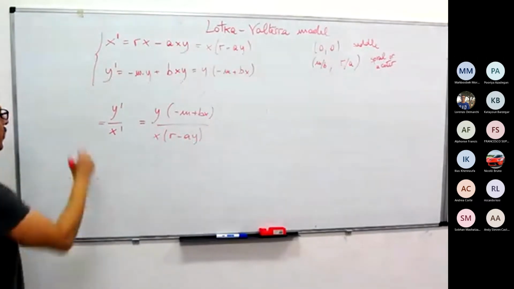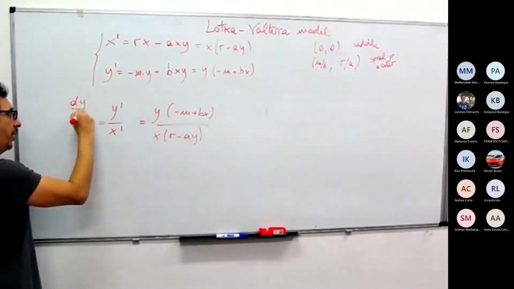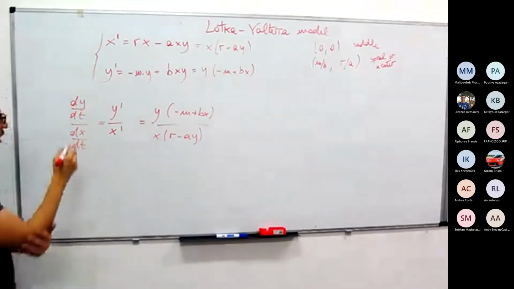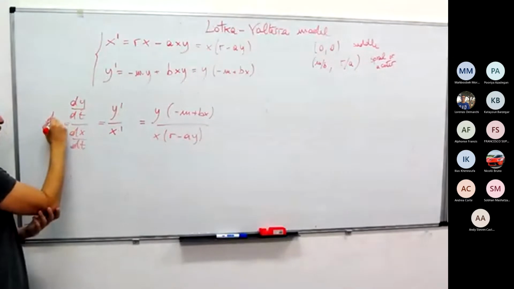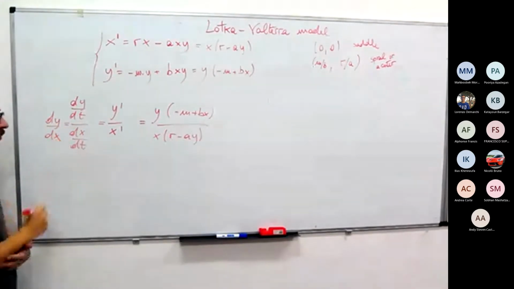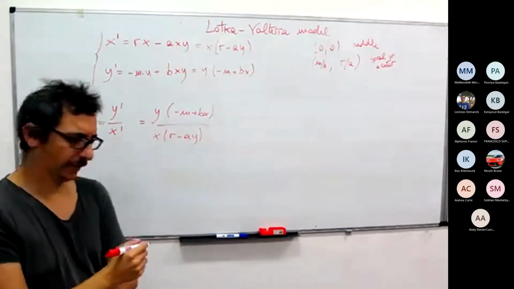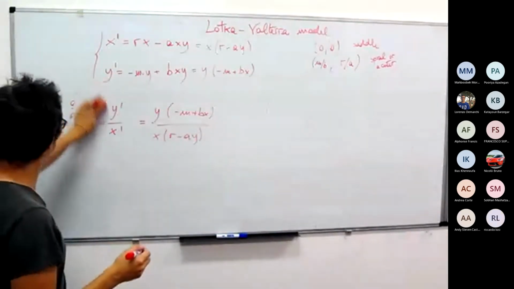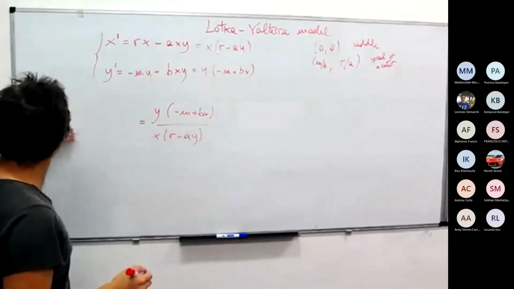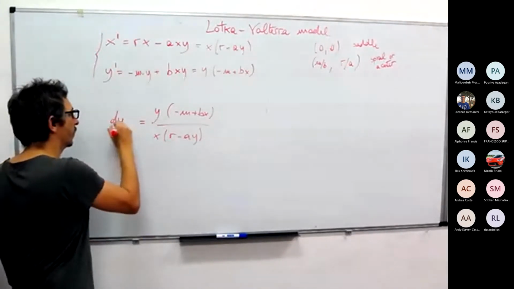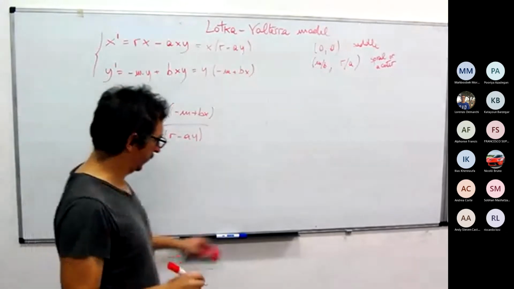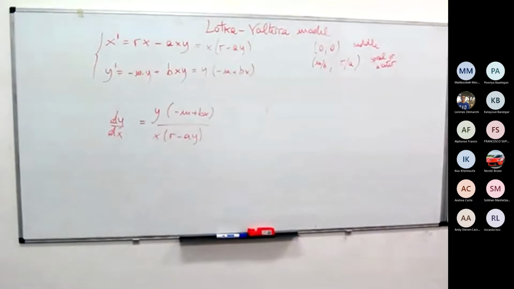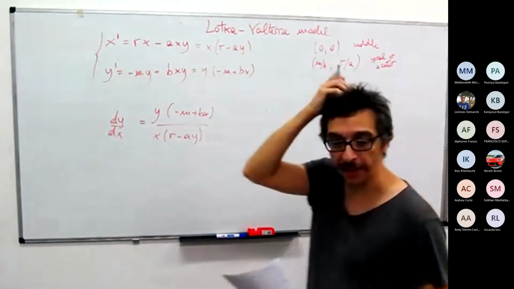But y prime divided by x prime is dy/dt divided by dx/dt, which is equal to dy/dx. This is a simple differential equation that you can integrate by